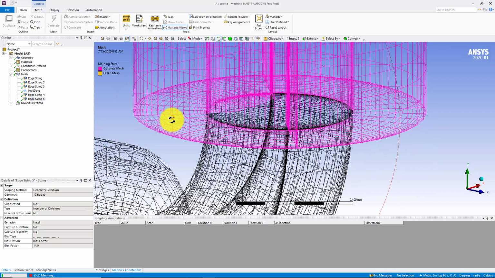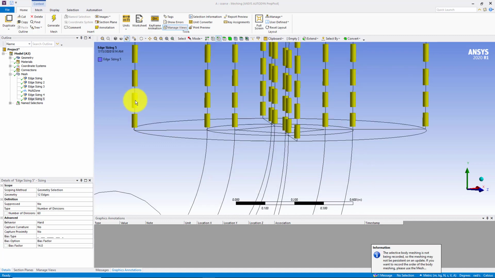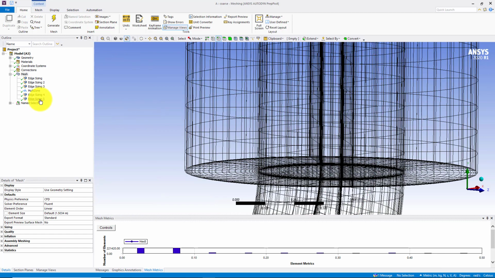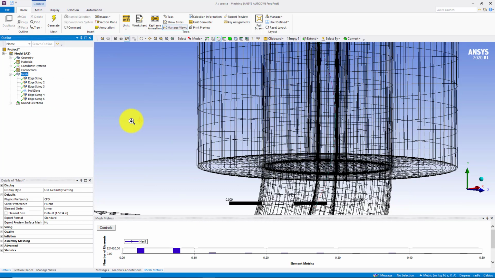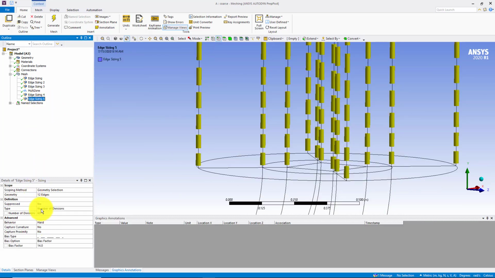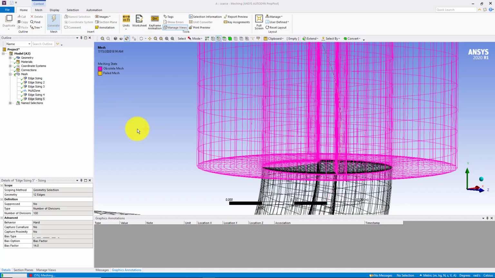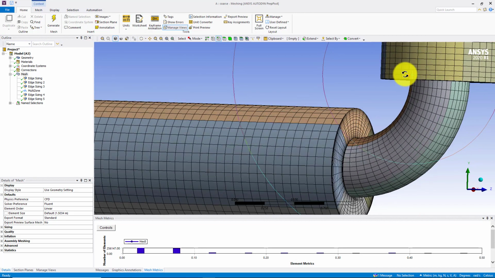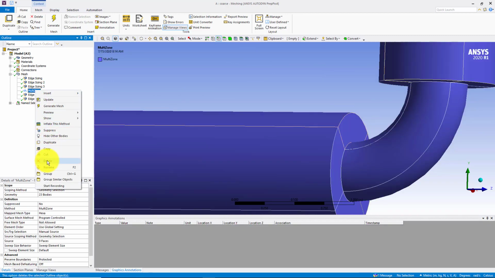And this is the size of the previous mesh. You can see this is the height of the cell, and that's why we have some higher value of the y plus value. And still we have the same sizing here, although we provided sizing like this. So maybe I can increase the number of nodes to 100 and click on generate. And still I'm getting almost similar behavior, and therefore I'm going to delete the multi-zone mesh method from here,